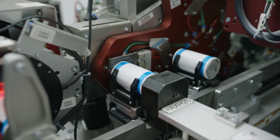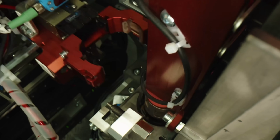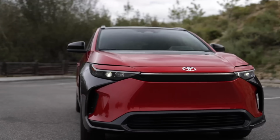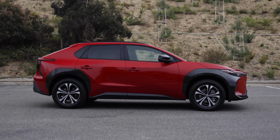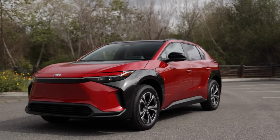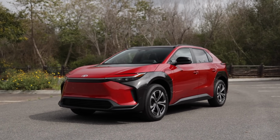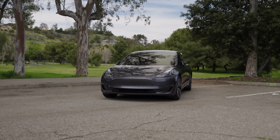Despite all that hybrid growth though, Toyota still lags when it comes to developing and producing electric vehicles. They were seen as a pioneer with the Prius, but they've never moved forward. They've been the most popular brand in California for years, but we're starting to see that become a thing of the past with the rise of cleaner vehicles. It's possible they can retake that #1 spot again as they introduce more EVs to their lineup, but I think the likelihood of them developing an EV that can truly compete with Tesla is pretty low, at least in the next few years. I think we've officially entered the era of Tesla being the most popular car in California,